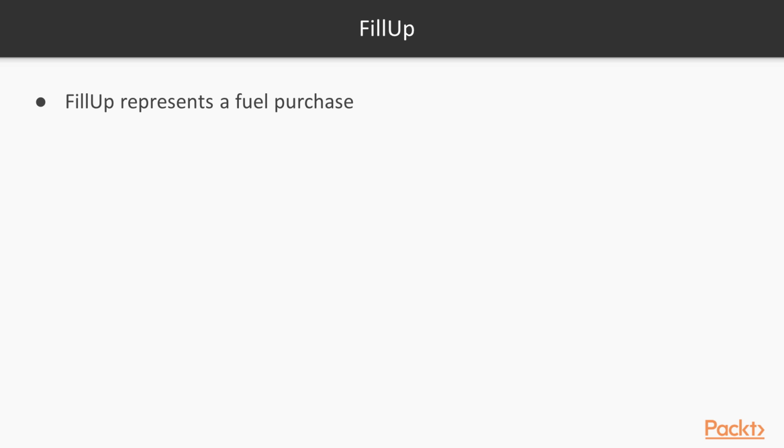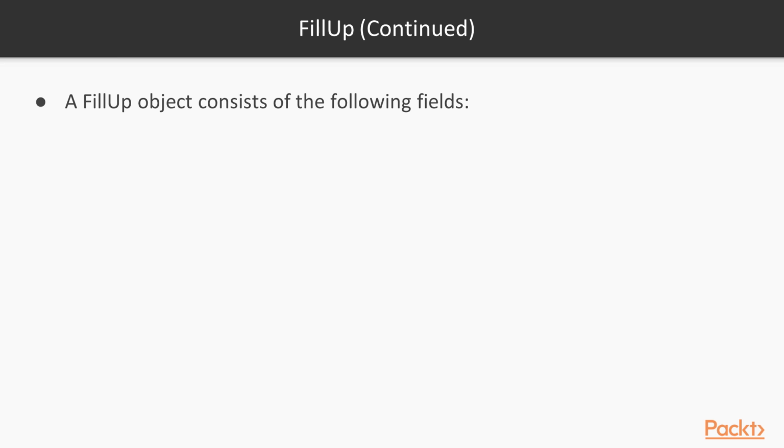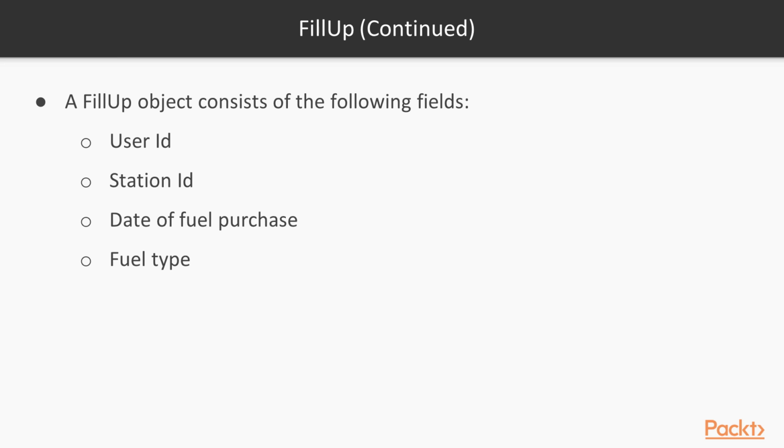The next object is a fill-up, which represents a fuel purchase. Fuel purchases are made by users and they take place at a station. So therefore, the fill-up object must have a user ID field, a station ID field, as well as fields for recording the date the fill-up took place, the fuel type, the cost per gallon, and the number of gallons